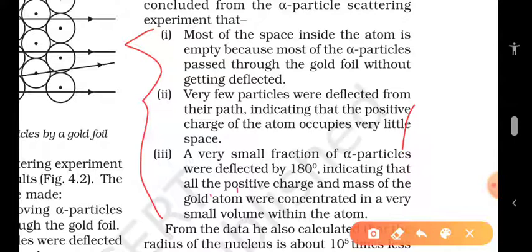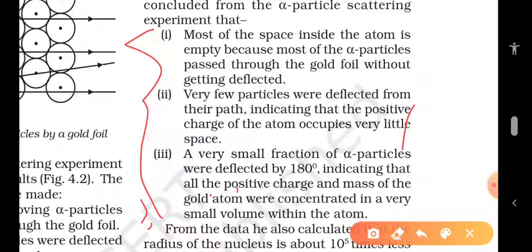At the center the protons are there, neutrons are there. Because of protons, because of positive charges, alpha particles are returning back, and electrons are roaming, going around the nucleus here and there. And most of the space inside the atom is empty, except the center. At the center, of course, protons and neutrons are there.